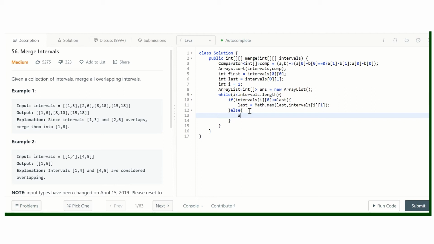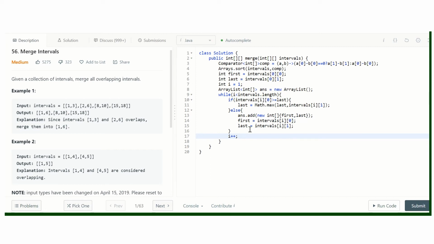So we'll add answer.add(new int[]{first, last}), and first equal to intervals[i][0] and last equal to intervals[i][1], and we need to do i++. So in this way we can get all the non-intersecting intervals.